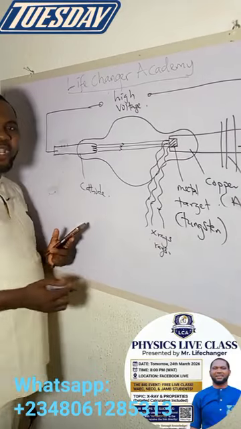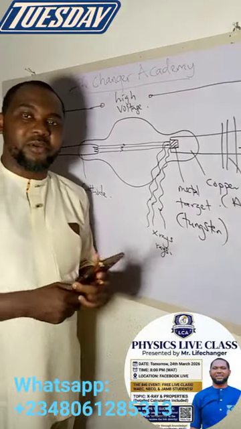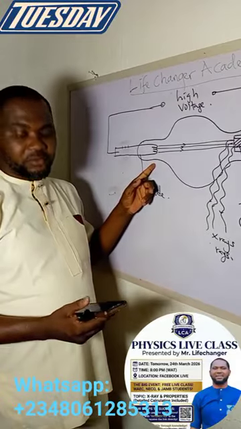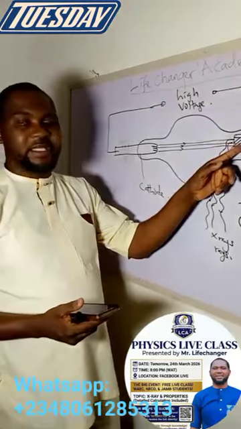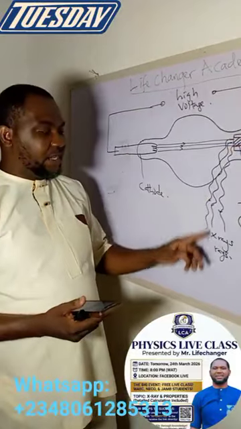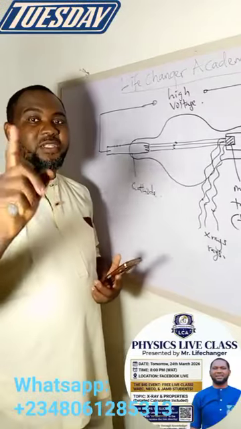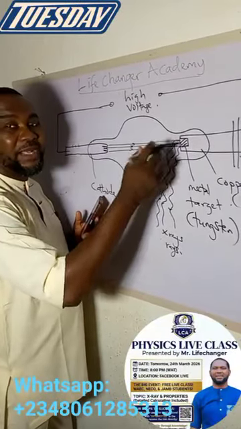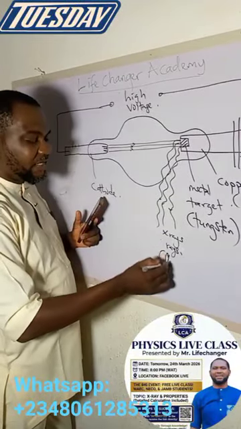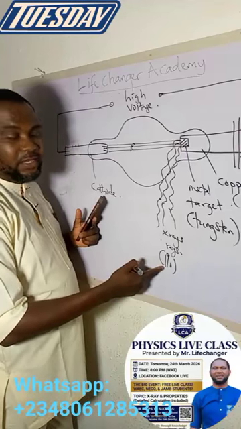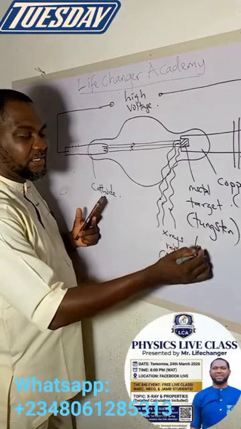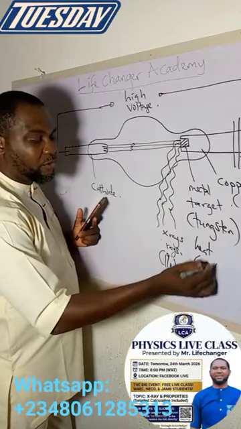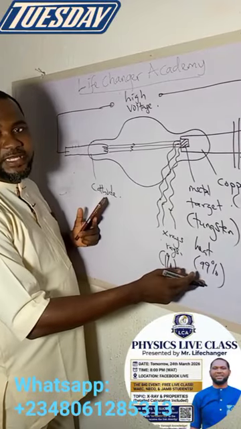So we can actually say that X-ray is a product of secondary emission. Secondary because the primary is the emission of cathode rays. Then from cathode rays hitting the target, from the target you see X-rays are produced. Now I want to also say this for exam purposes. It is not only X-rays that are produced. As a matter of fact, it is 1% of the energy that is converted to X-ray. The remaining 99% is heat. So heat is also produced in this process, and the production of heat in this process is 99%.